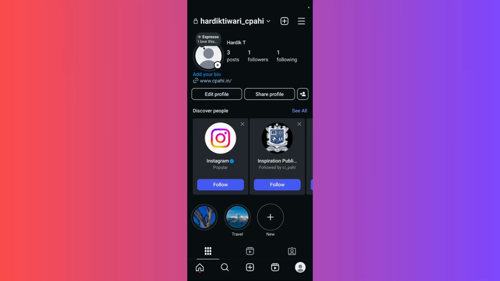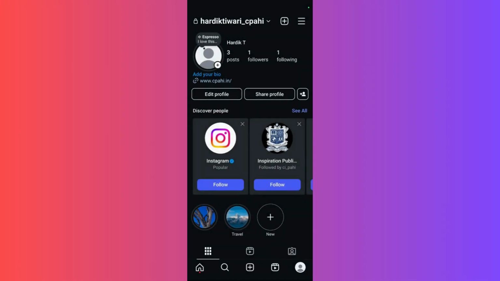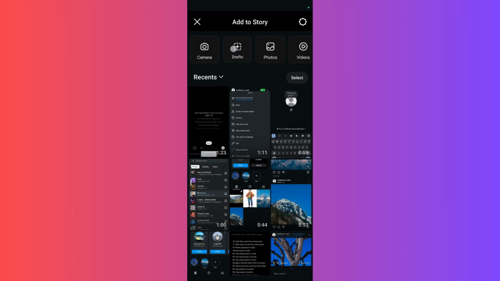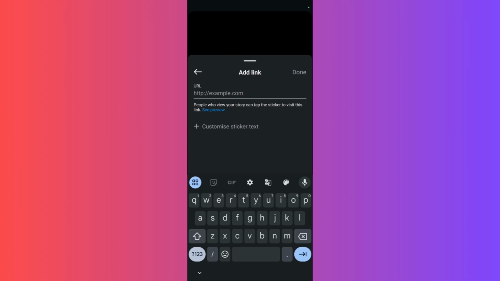Then click on this plus icon at the top and click on story. Then I will be using any draft, or you may also use any particular photo or video if you want. Then you need to click on this stickers icon, and from here choose link. Then enter the YouTube link, so I'll paste it, and then once that is done, simply click on this done